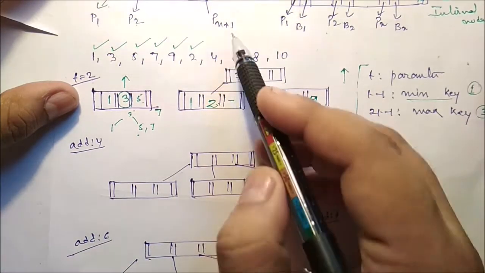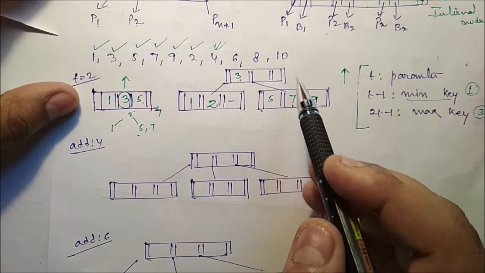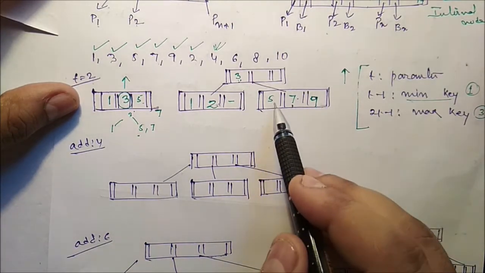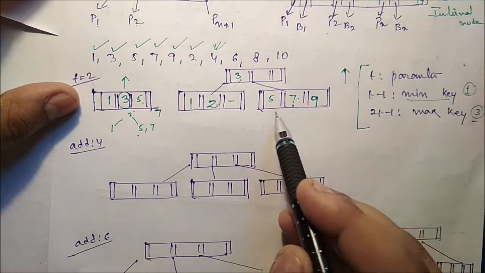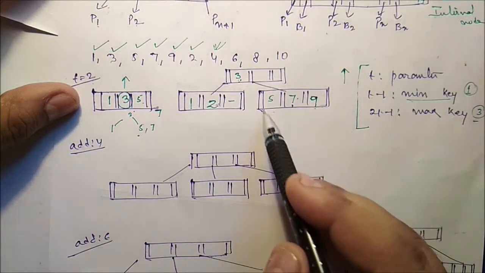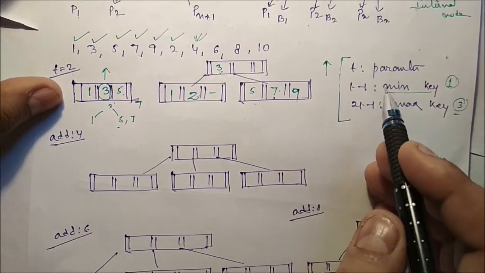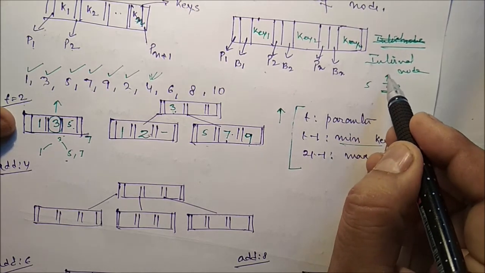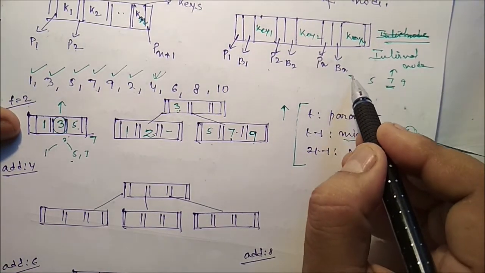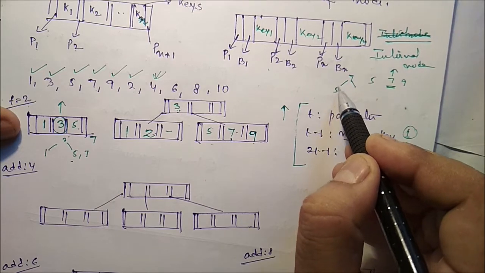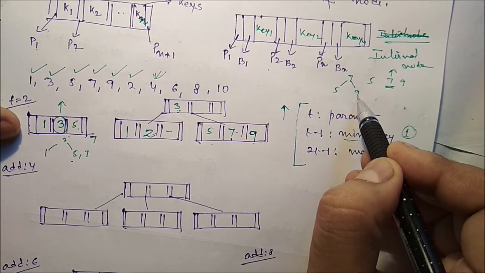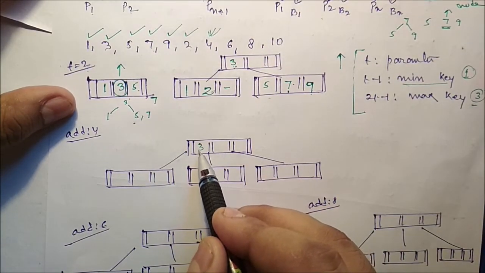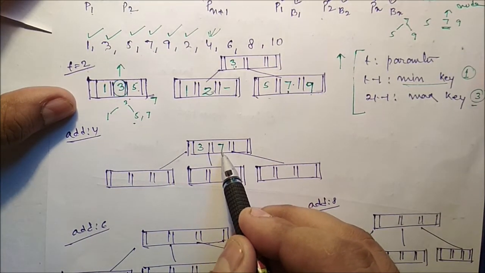After that, we want to insert 4. Where can you insert 4? 4 is greater than 3, so it must be here, but the node is full. Maximum it can store is 3, so it is full. What do we have to do? We have to split it this way. 5, 7, 9 is there. Identify the median. The median must become the parent, so 7 must be the parent, and the left should be 5 and 9. So 7 moves upward. 3 is there, no problem, and here 7 must be present.